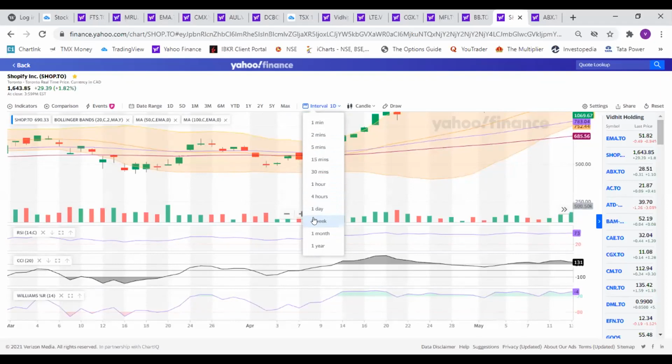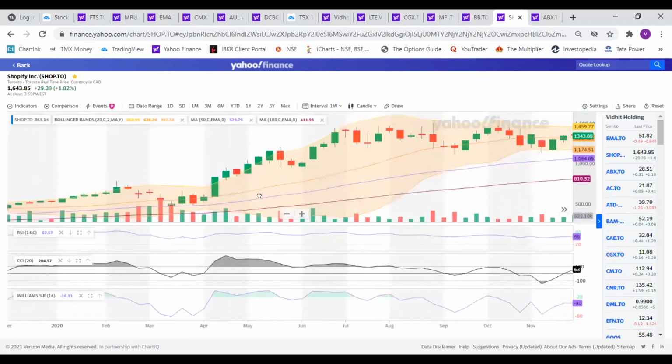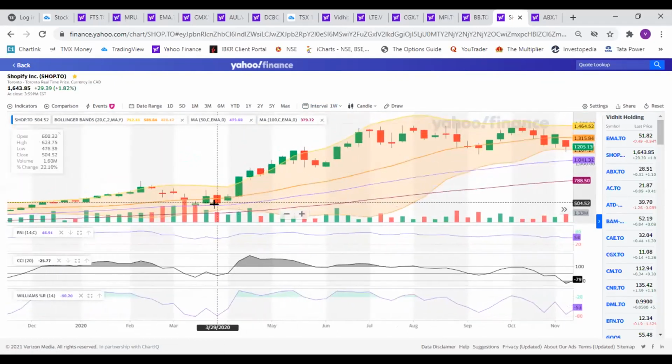I normally check it on weekly intervals. I have seen the day chart, I've seen the weekly chart. Weekly chart will tell me it will now move up. Because weekly time frames means my targets will be achieved in months. It will not be done within 1 week. My targets will be achieved within about 5-6 weeks. 5-6 weeks is about 1.5 to 2 months. 6 weeks is 1.5 months. Yeah, exactly what happened over here.